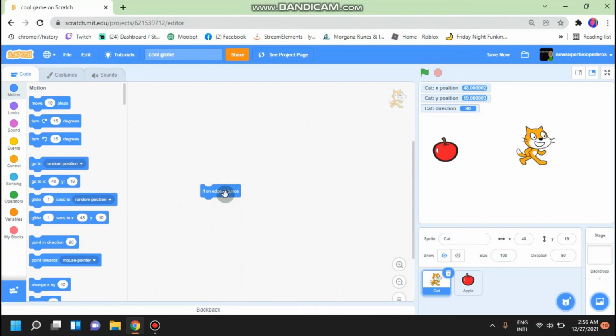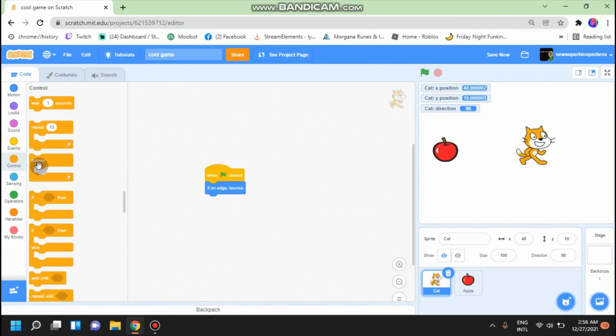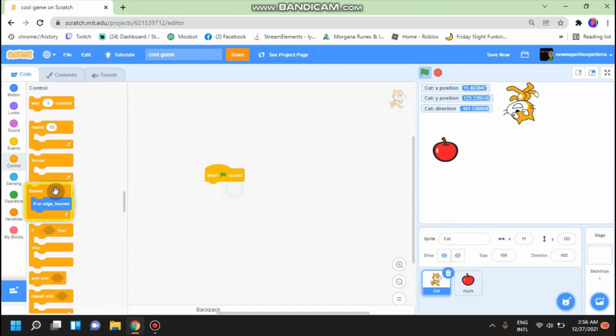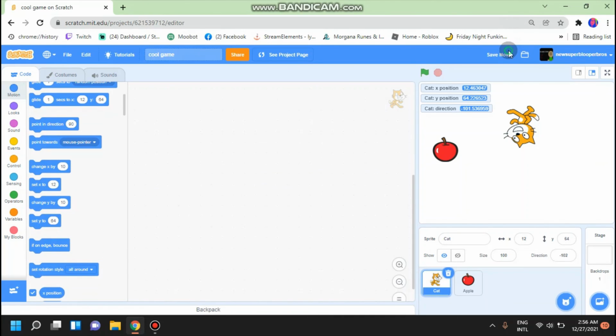This block, I'm not able to show it without doing this. Click. If you're on the edge, it'll bounce you. It's basically what it does. It just gives your game a border around, but it doesn't really work. I'd suggest not really using it. It doesn't work very well, in my opinion at least, but you do you. You do you. We'll save our project,